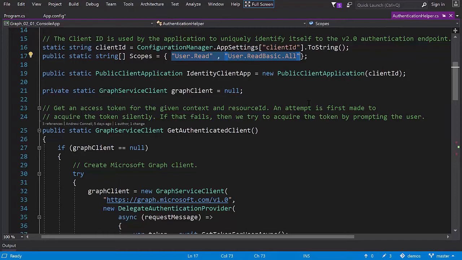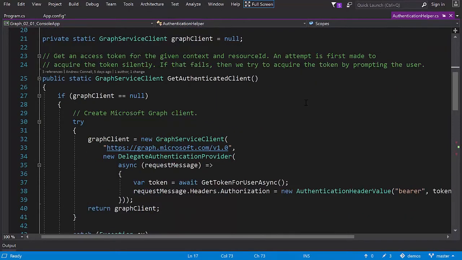Here you can see down in the code for get authenticated client, what I'm doing first is checking to see if I already have an instance of the graph, because that's something we'll be able to cache and reuse over and over. What I'm first going to do is try and create an instance of the graph. So I'm going to create a new graph service client. I'm going to pass in the endpoint. That's the V1 endpoint, the production endpoint. And then I'm going to pass in a